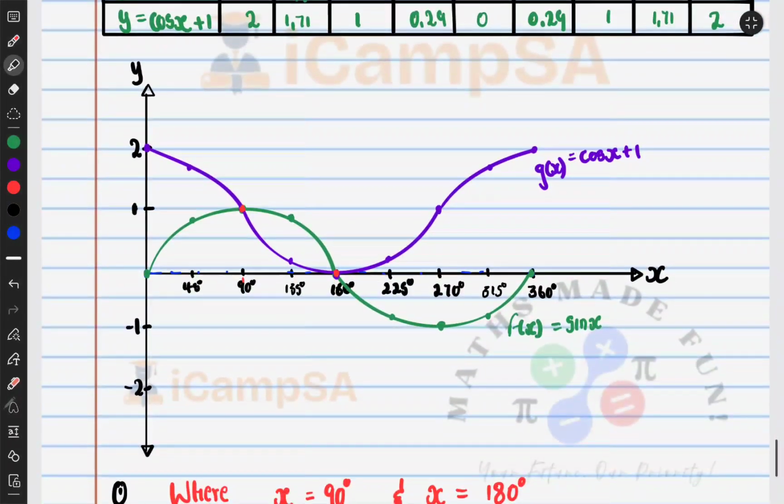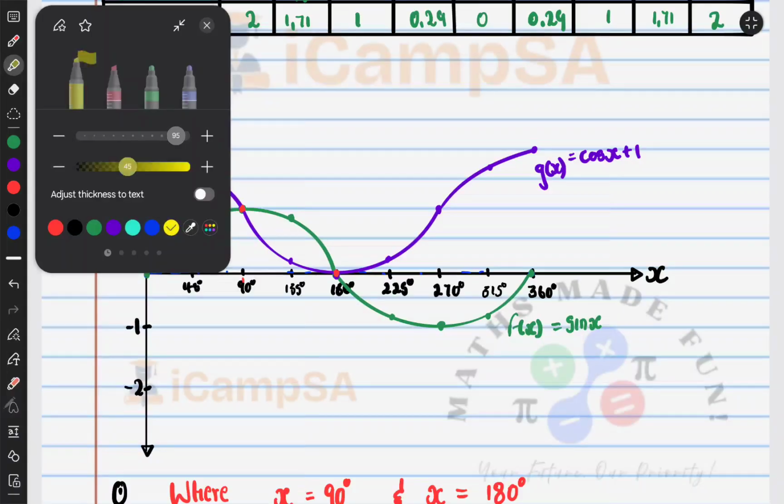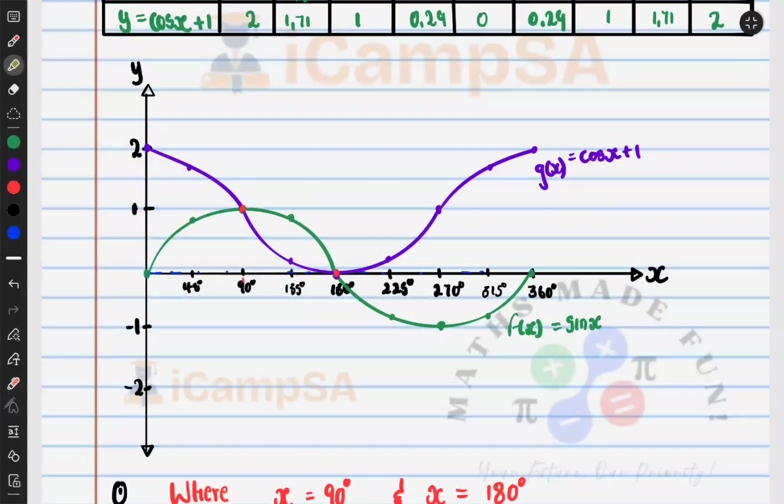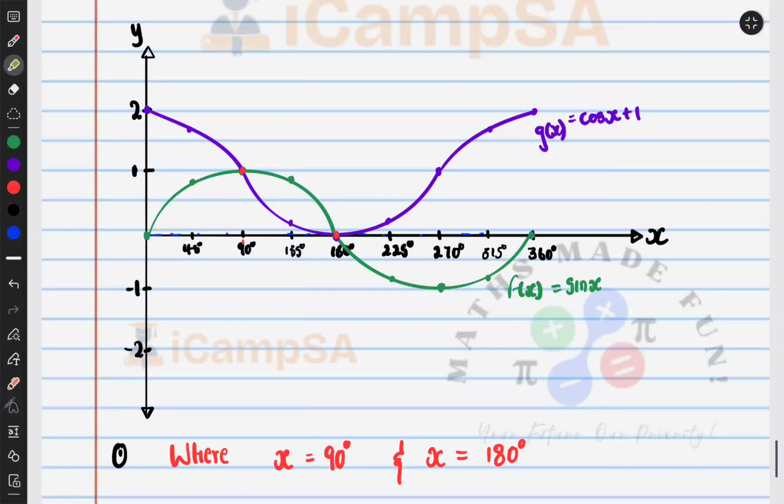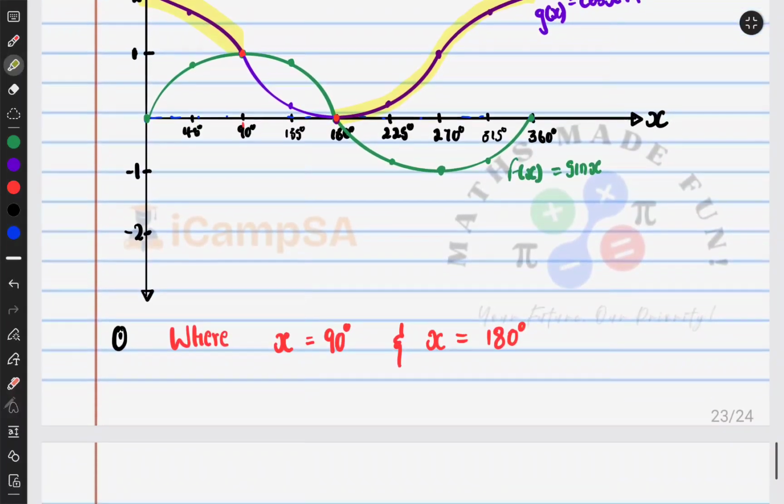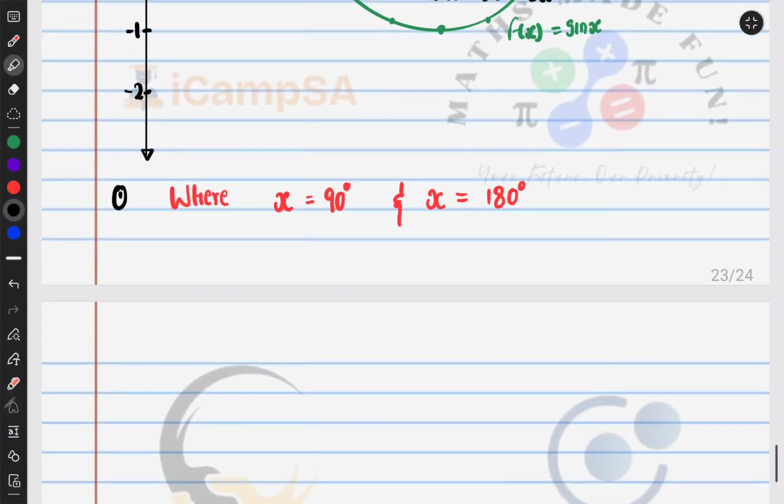We come to our graphs, wherever the function of g at x is above the function of f at x, that means it will be equal. From here, the function of g at x is above, then it goes below the function of f at x, and then from 180 degrees, once again it goes above. So for number two,